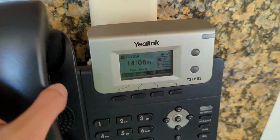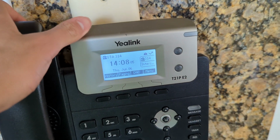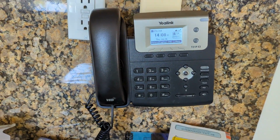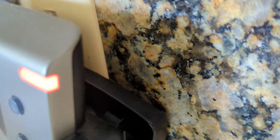Usually I would show you the phone in the office, but someone's in there currently and I don't want to disturb them, so we'll leave it there. But here in the kitchen we have another Yealink T21PE2. I got a bunch of these phones since I purchased them on eBay in bulk, and I actually wall mounted this thing. Well, the reason why I say it in quotes is because I didn't feel like